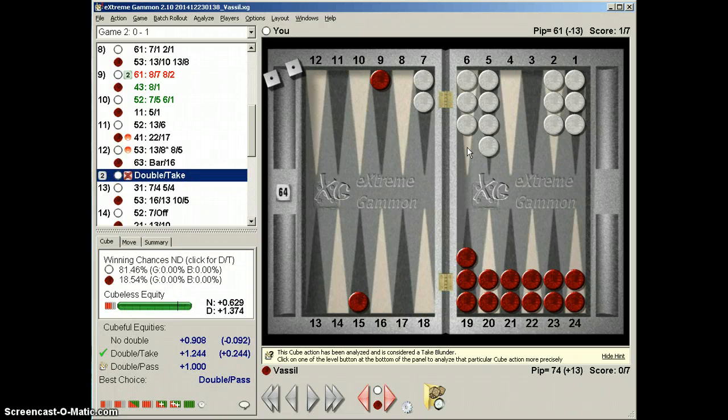This one, now that all contact has been resolved, I'm up by 13 pips. I did double, and he should have passed. Vassil, playing the red checkers, took in this spot. 13, as I said in the commentary video, which I'll put a link to so people can watch it. 13 is a lot of pips, and furthermore, while I do have some misses, as we can see when I